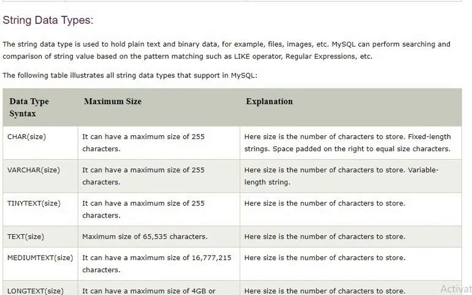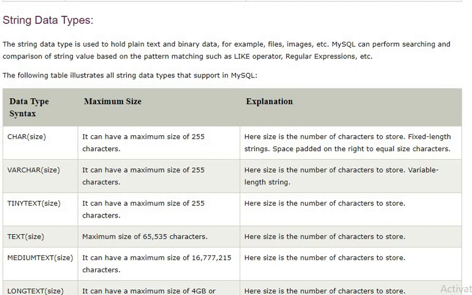String data types hold plain text and binary data like files, images, and etc. So we have pattern matching operators, something like the LIKE operator and all, which we'll be discussing later, for searching and comparison of strings. So we have CHAR, the maximum size is 255 characters.